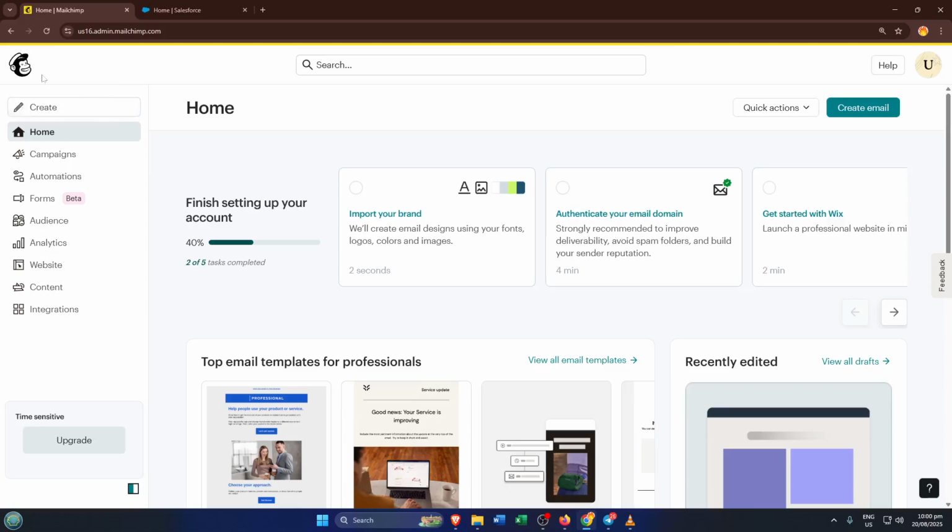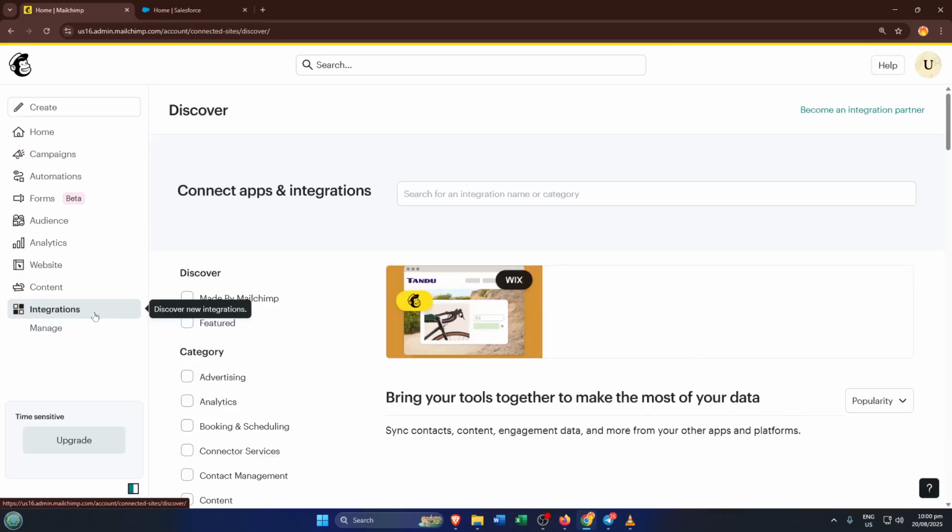First things first, go ahead and log into your Mailchimp account. Once you're in, take a look around the workspace. You'll want to find the section for integrations. These integrations are powerful because they allow Mailchimp to work together with other apps you use every day like Salesforce. Integrations might sound technical, but think of them as bridges connecting two islands, making it easy for information to travel